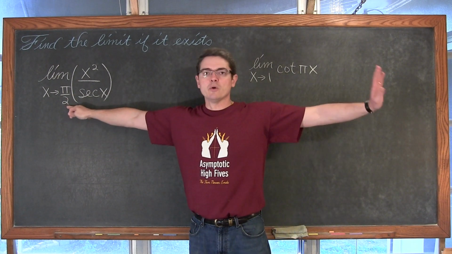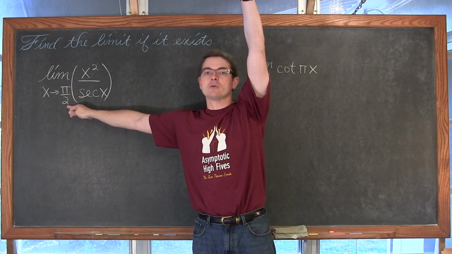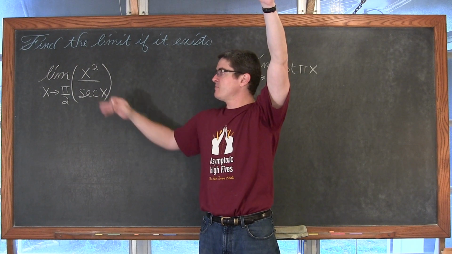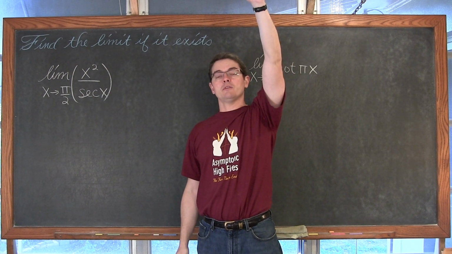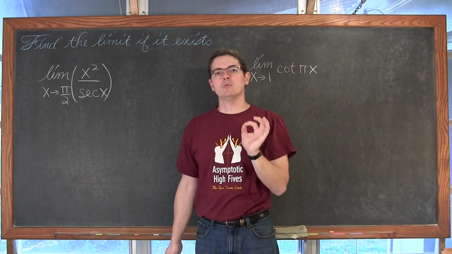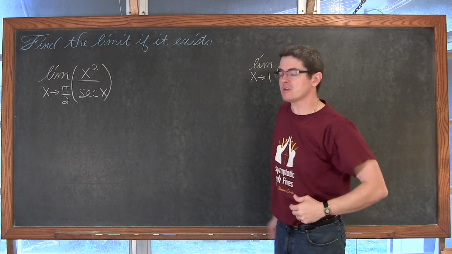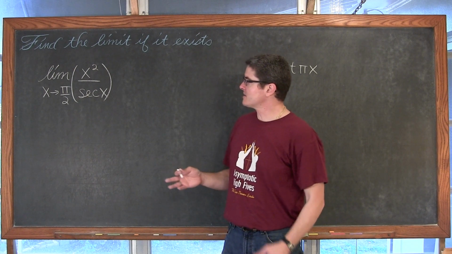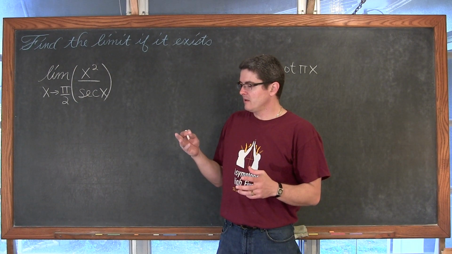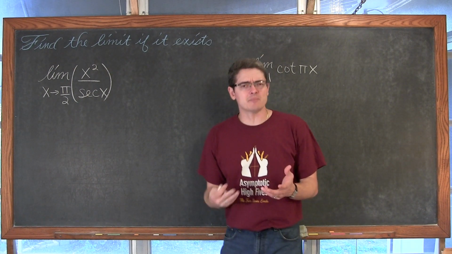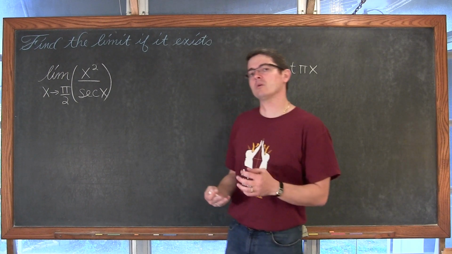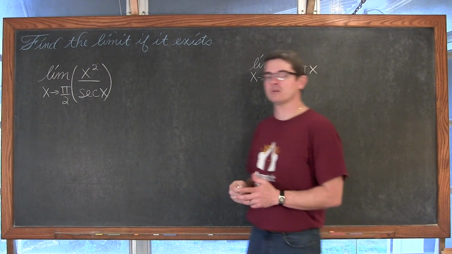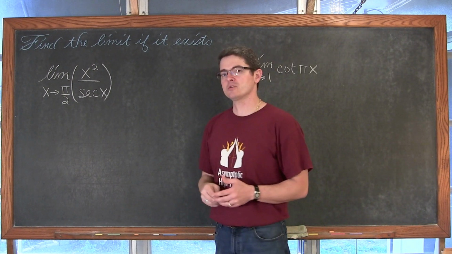So if you rotate pi/2 radians, or 90 degrees, your x value is 0. So the secant of pi/2 is 1 on the unit circle divided by 0, which is undefined. So this function is undefined at x equals pi/2. But does the limit exist? Maybe it's a removable discontinuity, or does this limit just approach infinity, and thus we have a vertical asymptote at pi/2?